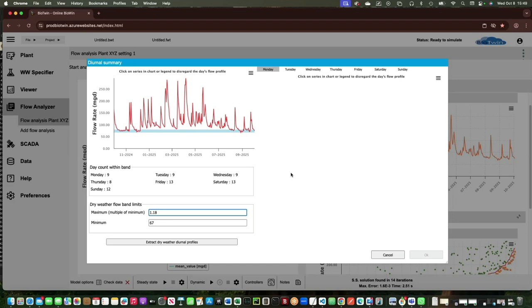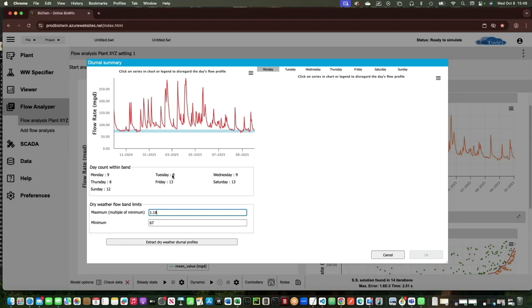And another thing you want to achieve here is you want to try and have the number of days counted within that band be more or less the same for each day of the week. So you'd want to have more or less the same amount of Mondays as you do Tuesdays and as you do Wednesdays and so on. You don't want to end up with a setting that gives you, say, 3 Mondays and 10 Sundays and 10 Fridays and 20 Tuesdays, right? That would result in